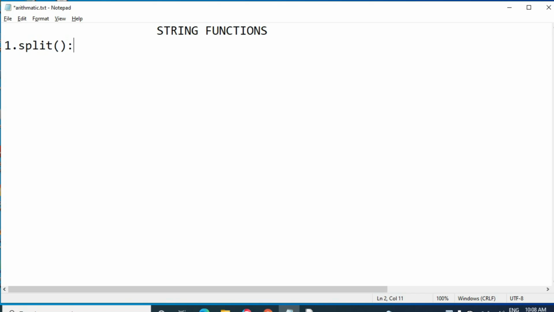The first function is the split function. It's used to split a single string into multiple parts.